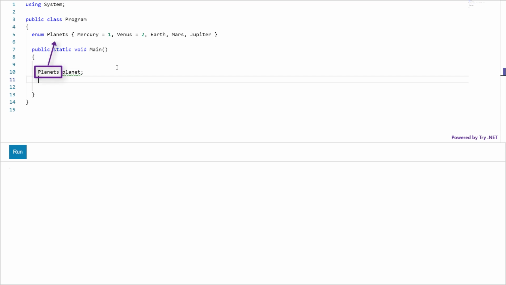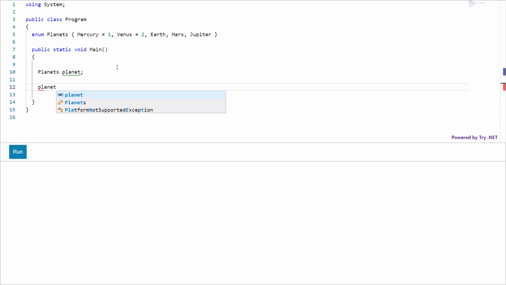This is the type. And this is the variable name. Now to assign a value to an enum variable, you use the dot operator. Then access planets elements one at a time.